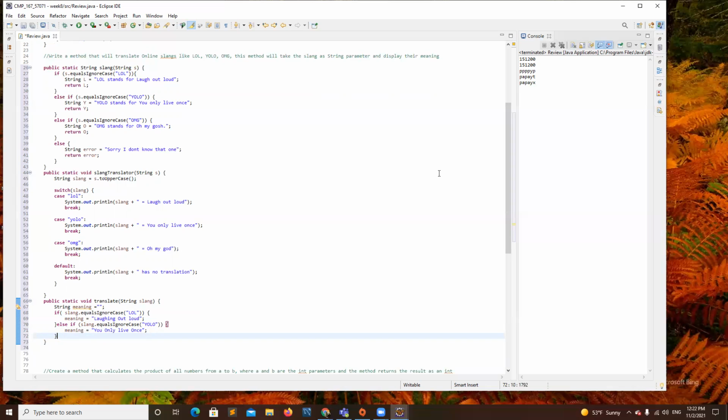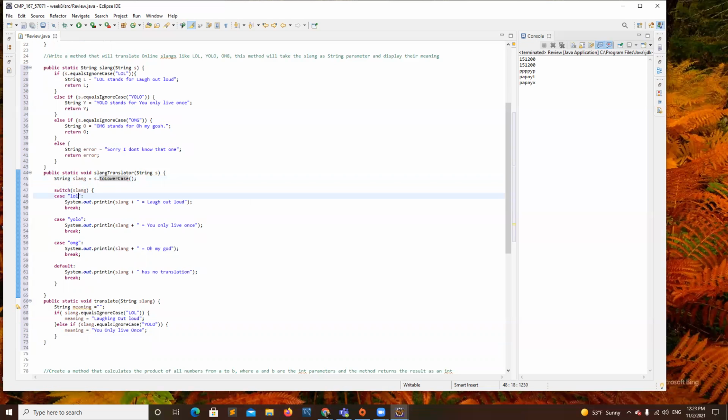I see there is a message on the chat. It says there is an error in my code. Yes, you're right, toLowerCase.